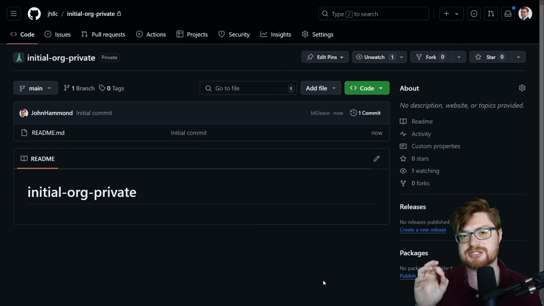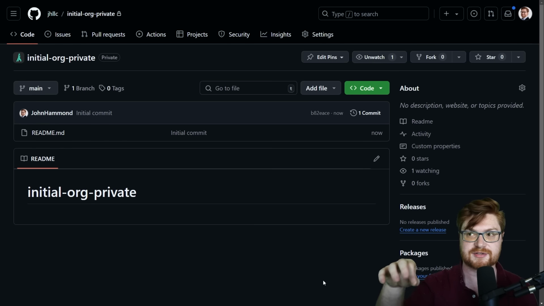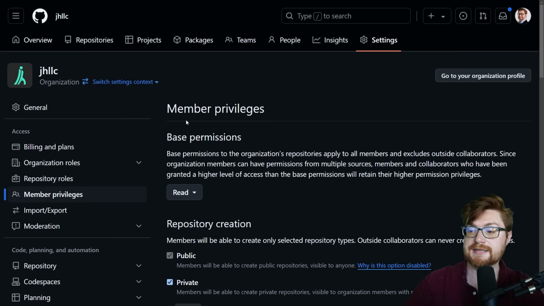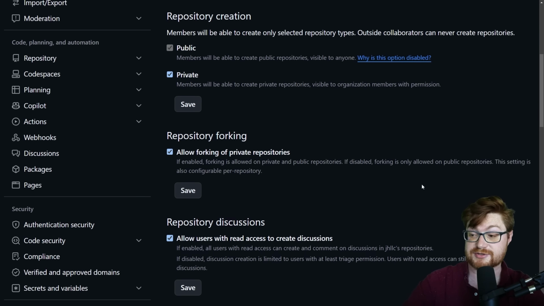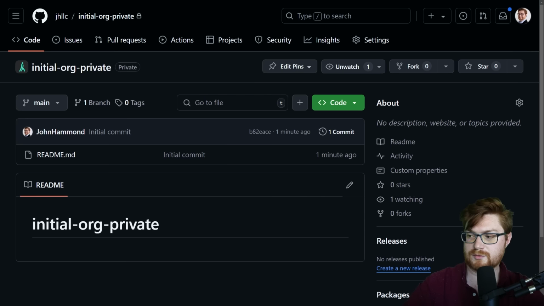You will need to actually change the settings, by the way, if you are using this as an example testbed. Your organization GitHub settings is where you'll have to toggle. In the member privileges section over on the left-hand side, you can scroll down to repository forking, and then maybe your team or your organization, whatever allows this, where you have forking of private repositories, totally cool, toggled on. So let me do that here.